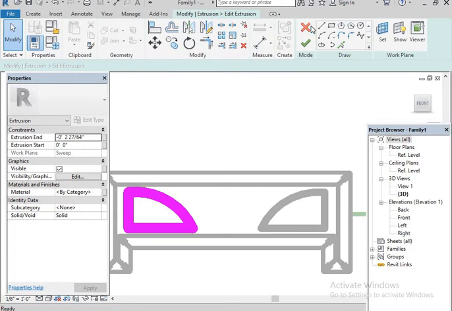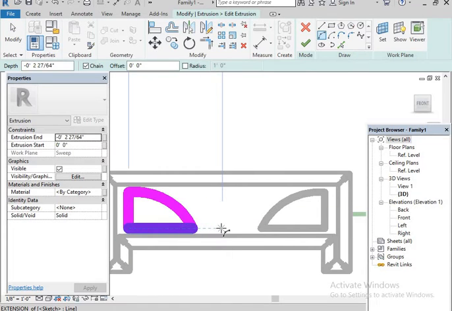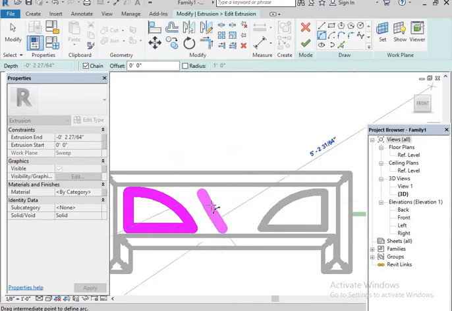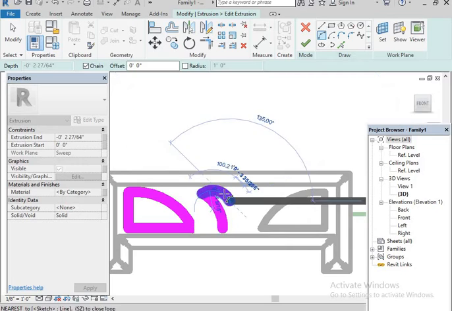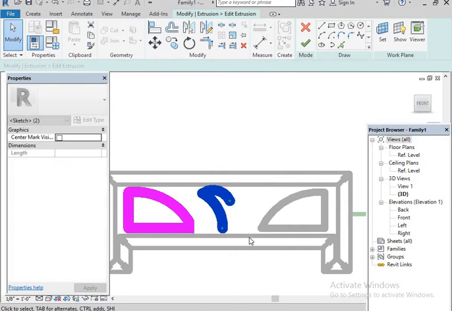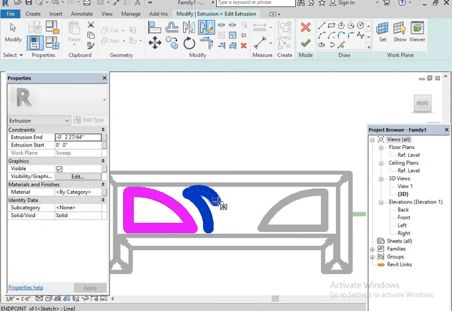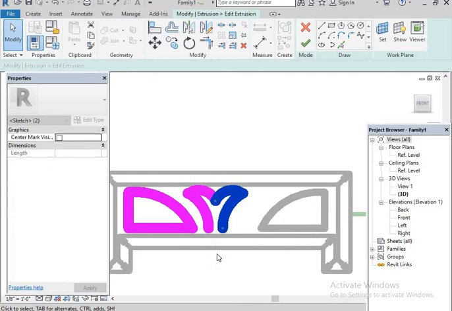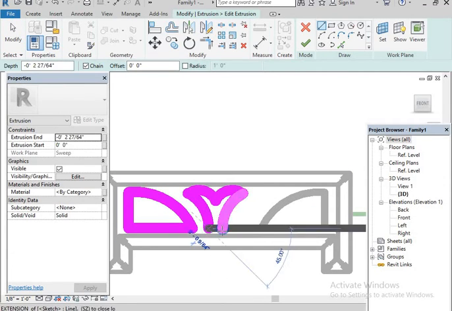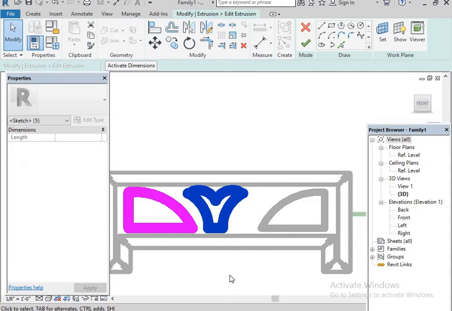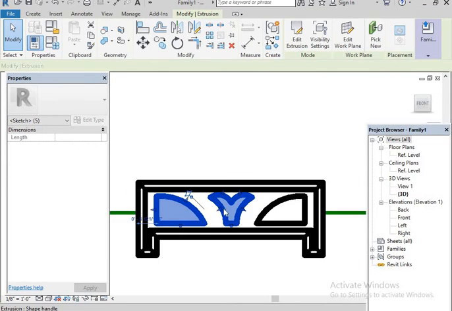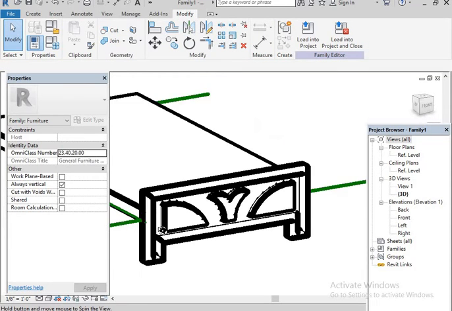Go to Edit Extrusion options, Arc, select this, draw a mirror axis from here towards down, and then select the line from here to here. After that, select this particular portion, fit it a little at the center, then give Finish. So go back, see here, our model is ready.